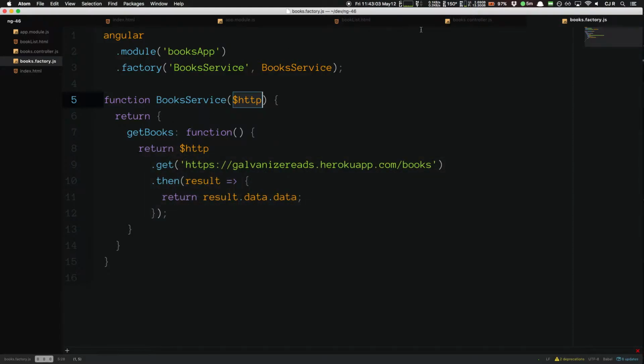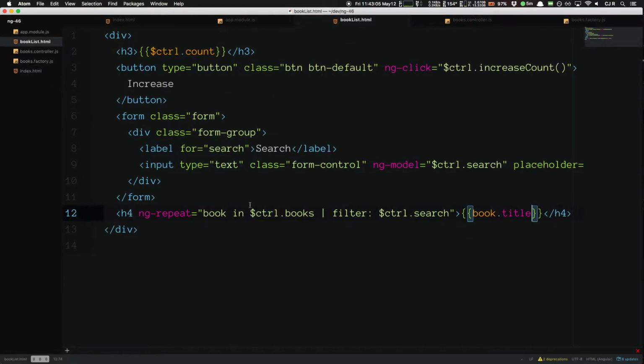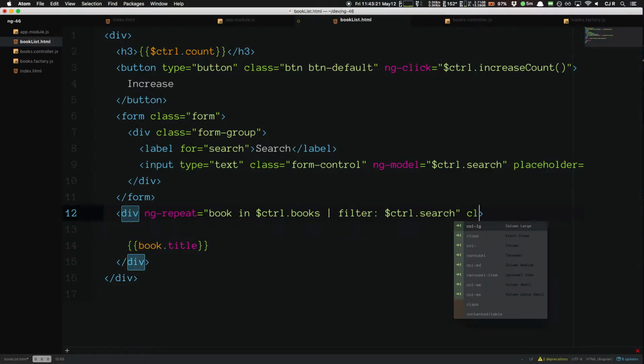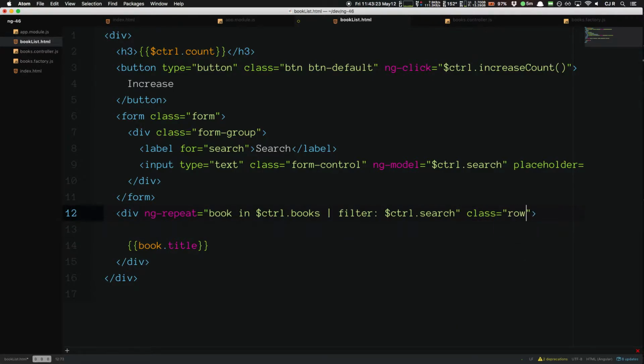I want to build out real quick a better template than this, just to show what's possible. I could even do a subcomponent. I've already been up here too long. Okay, so for each book, I want it to be a div. And then each div should be a row. And then inside of that